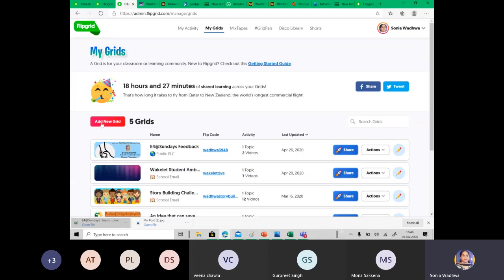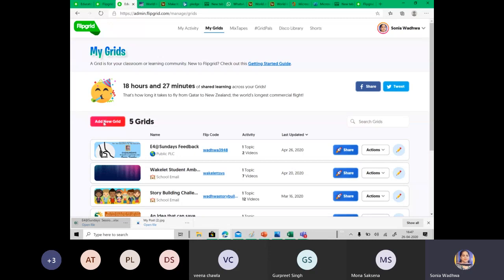The beauty is these kinds of things can be done on WhatsApp also, but after a period of time you have to clear your WhatsApp chat. Plus in the chat there will be videos in between, then some chat, so the data is not in one place. Flipgrid data is on the cloud. The space in your phone or device is not occupied. Your videos are on the cloud, so you just have to share one link where people will have access to all the videos.